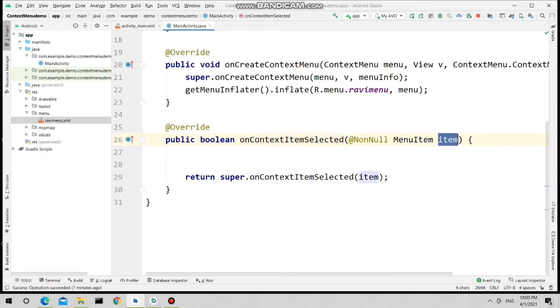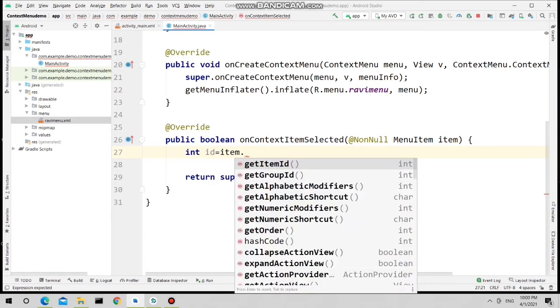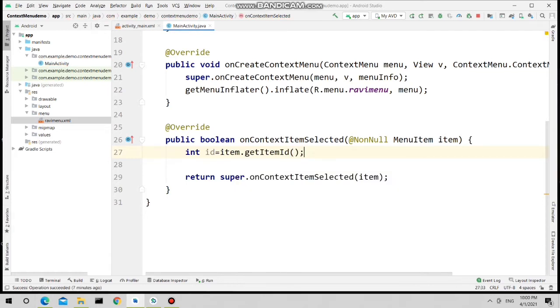So this object means the MenuItem object which is selected by the user. I'm just retrieving the ID of the selected menu item from this item object, so item.getItemId(). Whatever menu item is selected by the user from those three, its ID will be retrieved by using the getItemId method, and that is assigned to the id variable.